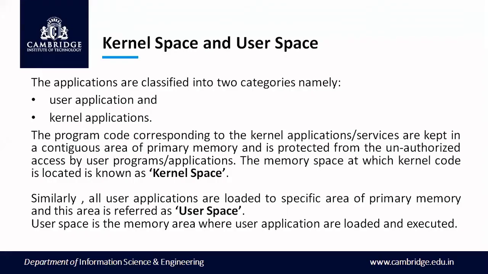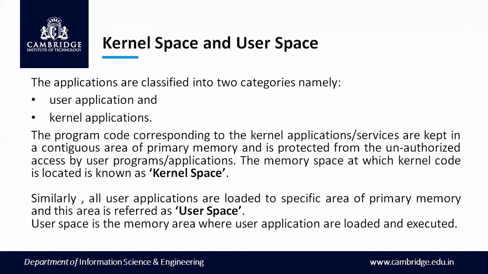Executing your kernel applications, that kind of code will be present in primary memory in contiguous memory locations. So you know the meaning of contiguous. Contiguous means if it is a 32-bit processor or 64-bit processor, the number of bytes each word location takes determines how the next address is calculated. So if it starts from 1000, and it's 4 bytes for a memory word, then the next word will start from 1004, like that. That is nothing but contiguous memory locations.